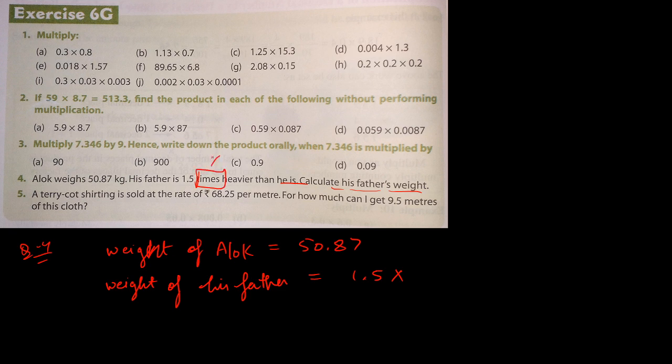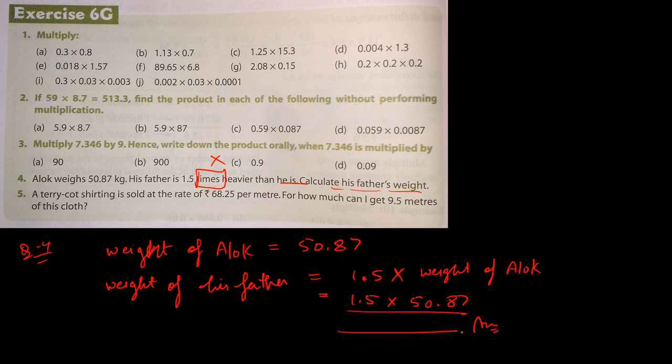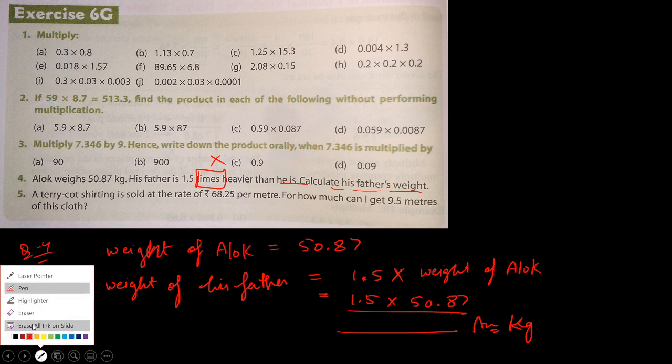Remember always, times means multiply. So we'll use the sign of multiply, 1.5 times the weight of Alok. So 1.5 and the weight of Alok is 50.87. Now multiply this and write the answer in kilogram. Do this question on your own and then write the answer. Next question,